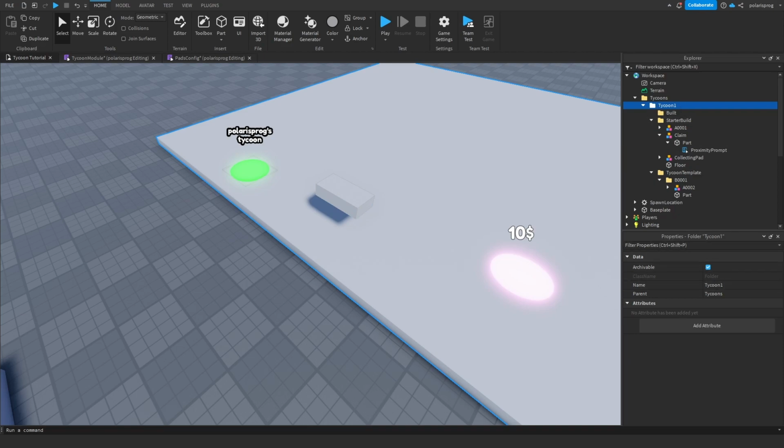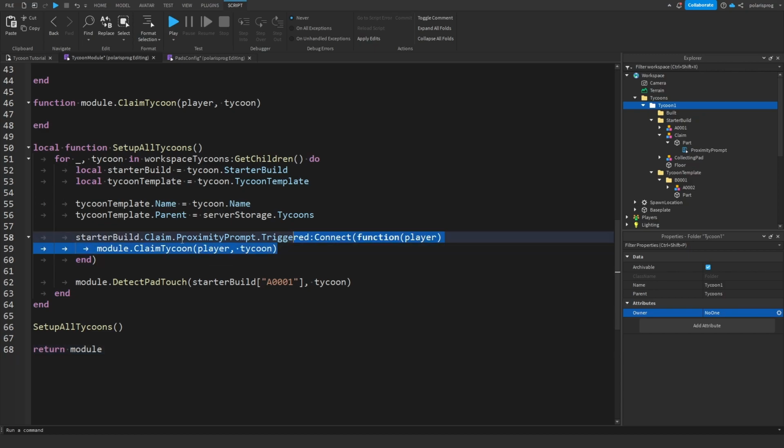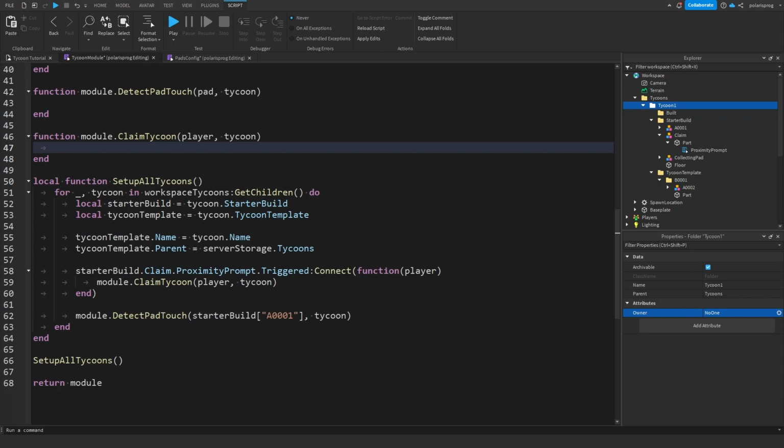Okay, so what I'm gonna do is select my Tycoon 1, and I'm going to add an attribute, and it's going to be a string, and it's going to be owner, and it's going to be set to no one by default. Now what we're gonna do is go back inside of the claim Tycoon function right here, and we're gonna code it. So in this claim function, what we want is get a starter build, just copy this,